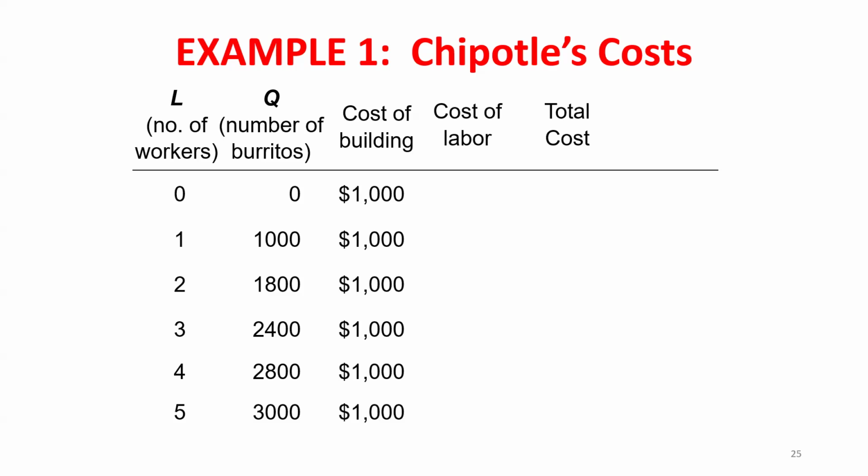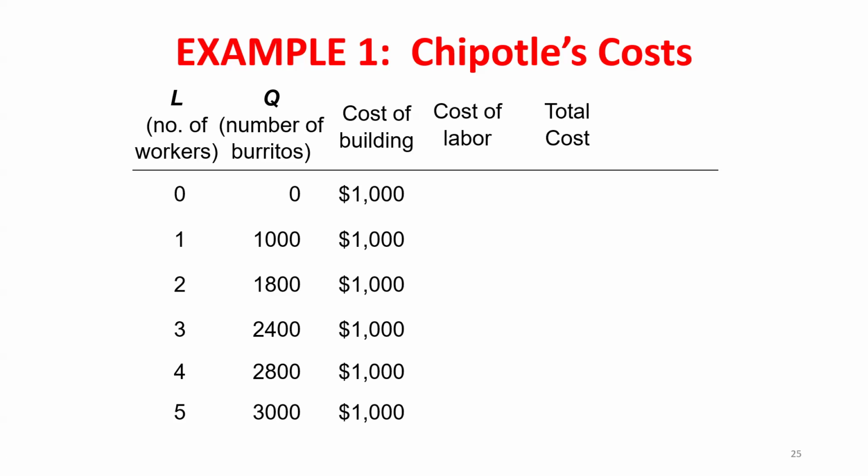Okay. So if this is all I had to pay, if I think about my marginal costs, how much would my marginal cost be changing by if the only costs I had were the cost of the building? 0. That sunk cost will never change my marginal cost. How do we make decisions? If the marginal benefit is greater than the marginal cost, so technically greater than or equal to. Okay? So these sunk costs or these fixed costs don't end up factoring into our decision making because they won't change our marginal costs. Okay?